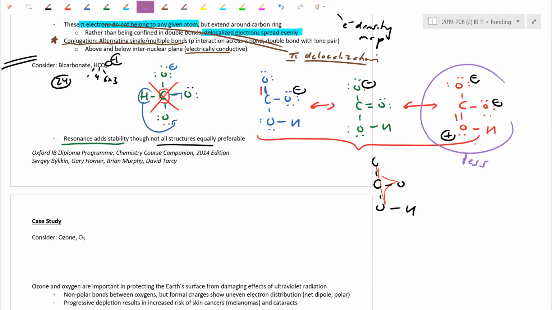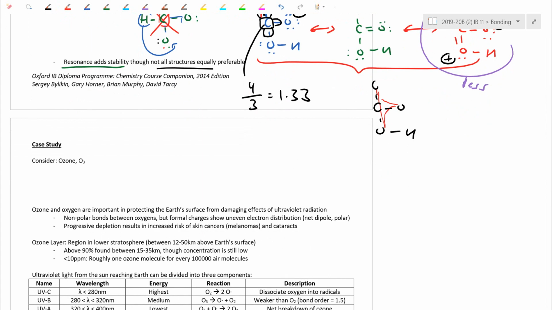What's the bond order here? So just focusing on the carbon here, I have the equivalent of 1, 2, 3, 4 bonds. Again, not domains. I have 4 bonds worth. I'm sharing it in 3 different directions. Here's an example of a molecule that shows 1.33. Yes, somewhere between single and double, but this would even be weaker than that 1.5 bond we saw earlier. Again, not every molecule shows resonance, but if it does show resonance, you do need to draw all the hypothetical